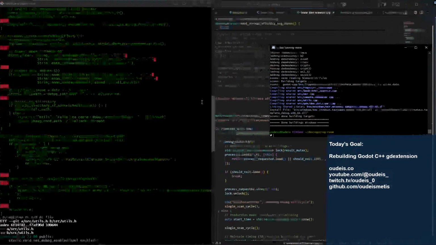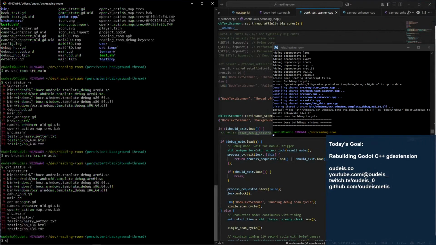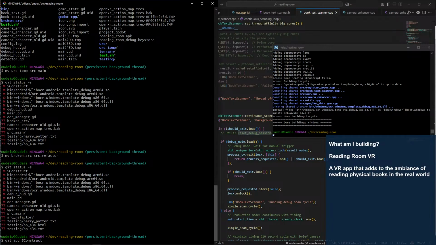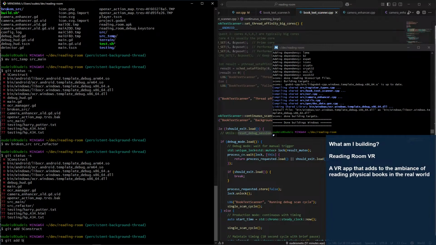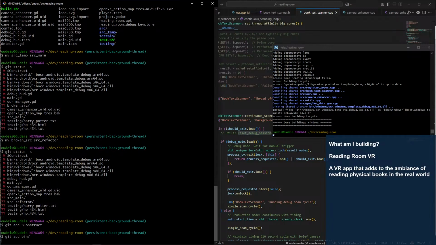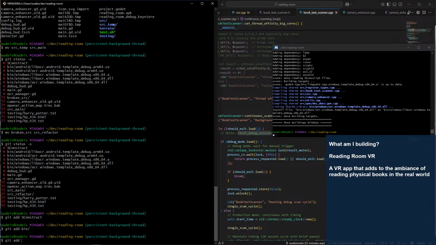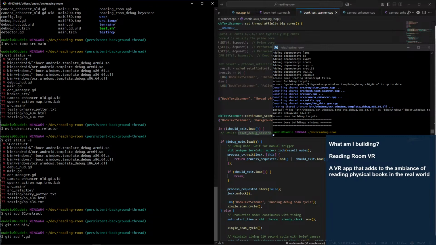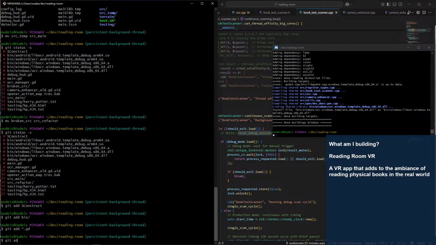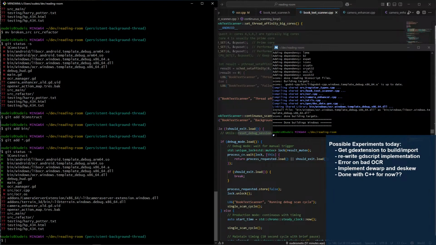Okay, you know what? Let's do this. Git add sconstruct. Git add bin. Git add start.gd. Git add, wait, git add source.